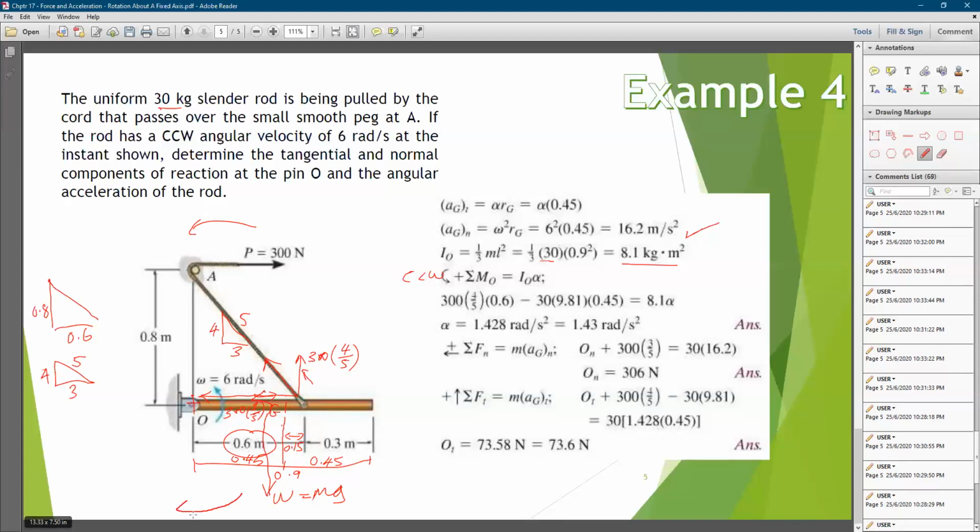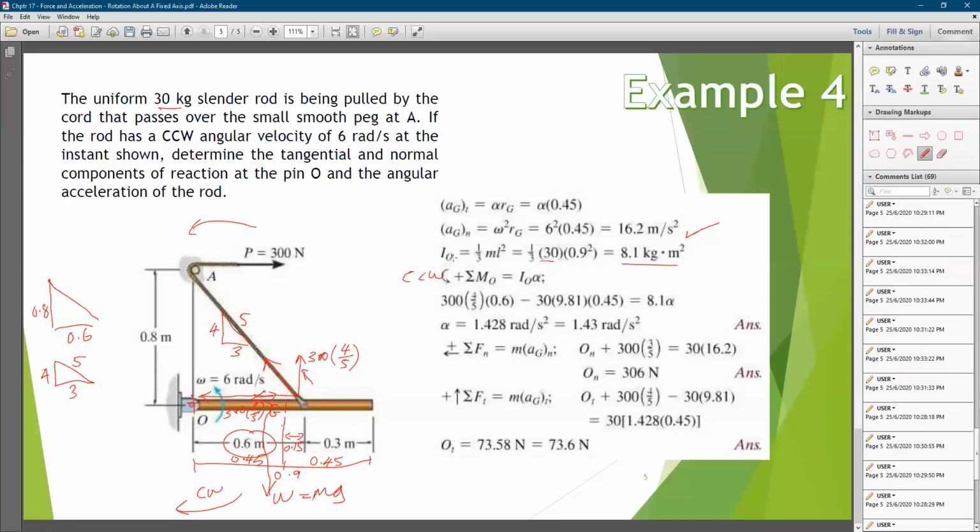It will create a clockwise, so it is a negative, times 0.45, the distance from point G to point O. Okay, because point G is in the middle along this rod, 0.45,